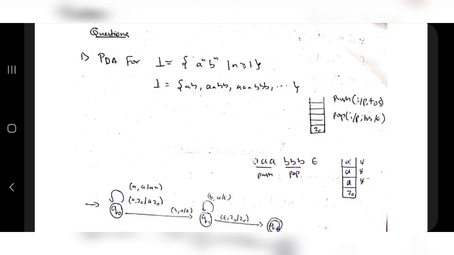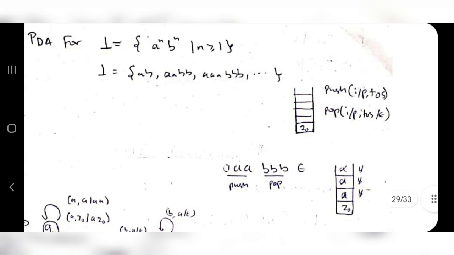If I choose a string from among these, say the one with a's and b's, we will be writing a and b here. Whenever we encounter an a, we will see an equivalent b, and then we will be popping it. Then we will find another a, see an equivalent b, and pop it, and then we'll do the same thing for the third a also. Basically, whenever we encounter a b, we will be popping one a, and the next b will pop another a, and the last b will pop the first a.